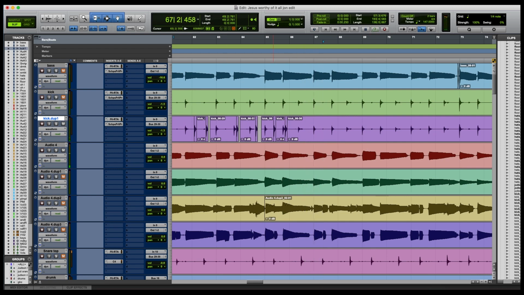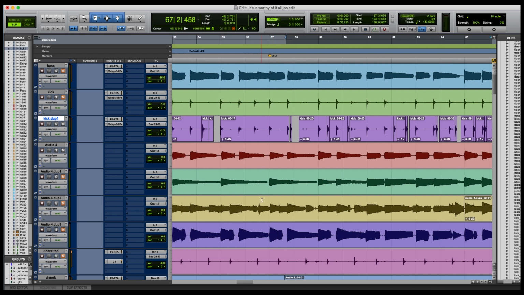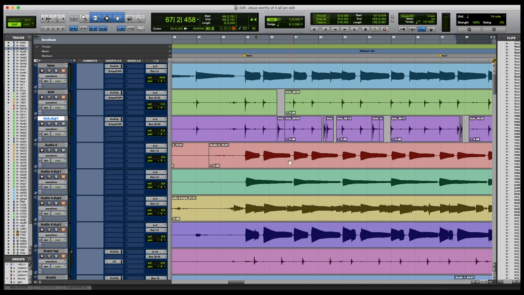All right, so we just added a bunch of different kick drum patterns and possibilities there. And what did you think of that? How did that feel to you? To me, it didn't feel like it locked in with the bass. It just was something extra that didn't necessarily need to be there in this particular song, in this particular moment.